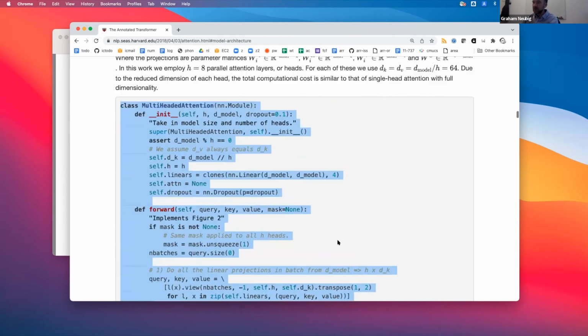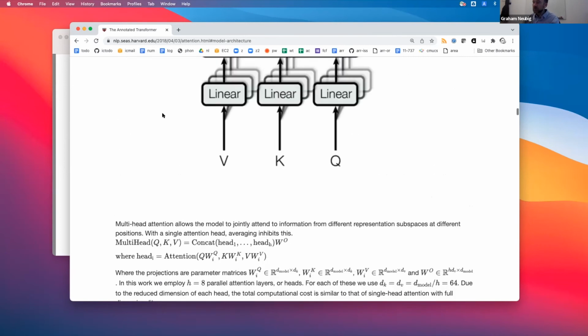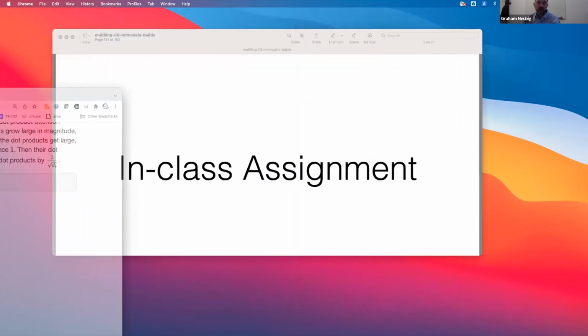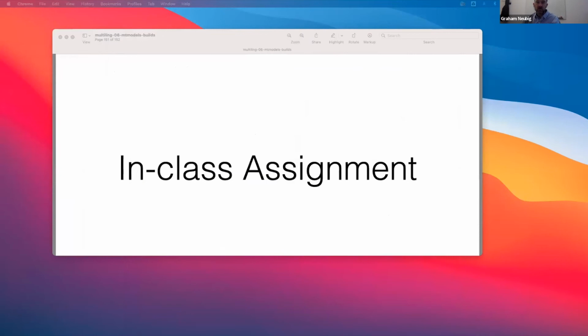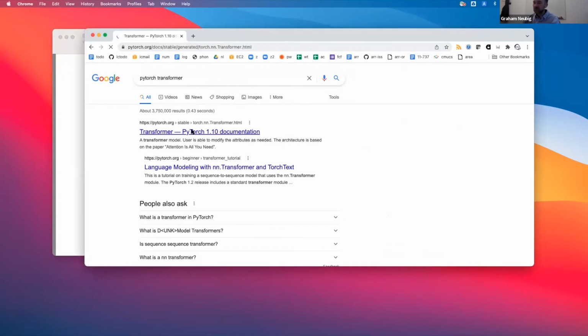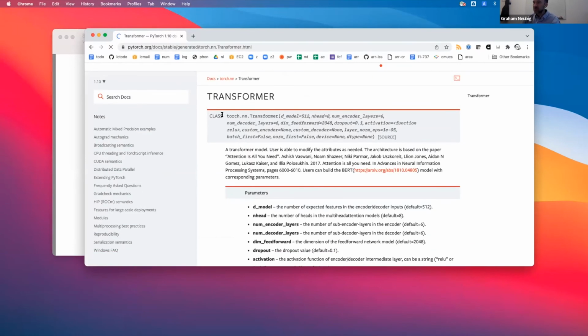And yeah, that's the basic idea of what this looks like. I think it's important to know what's going on in these models, but if you want to actually use this in your code itself, PyTorch is also nice enough to just have this transformer class for you that you don't need to